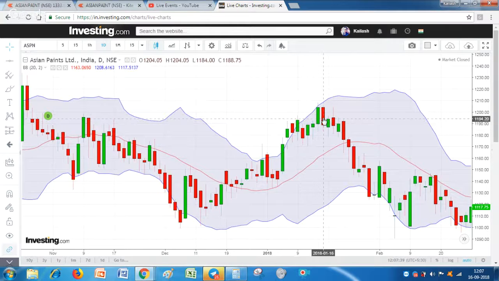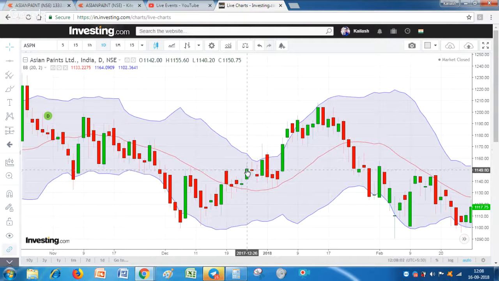Okay, see, in the next few days the stock has moved up to the level of 1205.7 also, but this is somewhere we would have taken an exit, because this is a level from where the stock can take a reversal also. The stock can take a reversal also, right, friends? So this is our positional target, for 2-3 days, or we can say for 1 week or so.